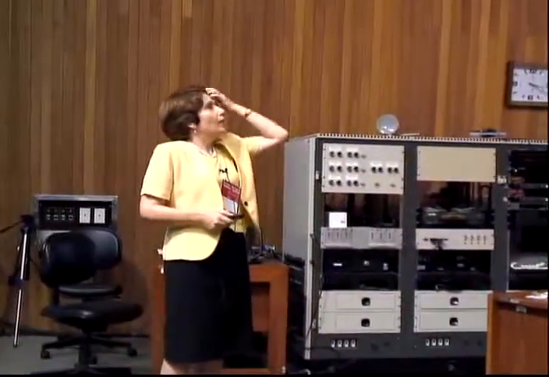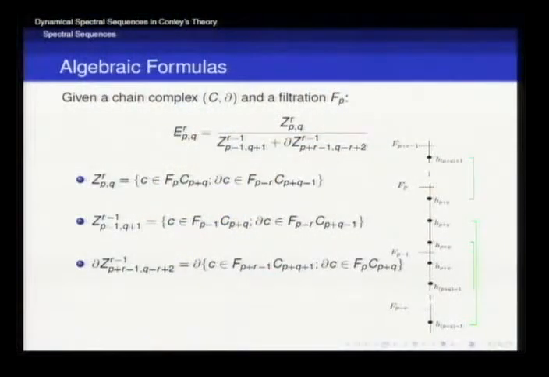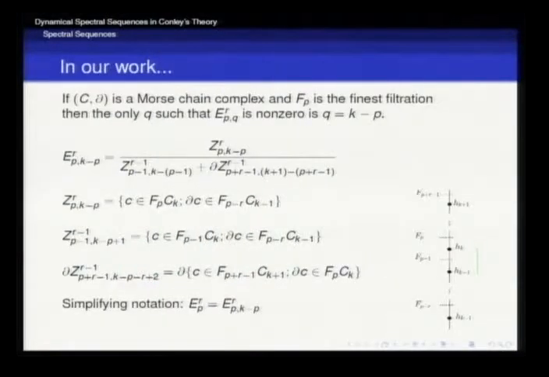However, what we want to do is work with what we call a finest filtration, so that we have one critical point in every FP minus 1, a unique critical point. So this is the case we'll be working with. We'll choose a finest filtration, and we'll have exactly a critical point in each two consecutive levels. So the formulas have a particular way of looking at them.